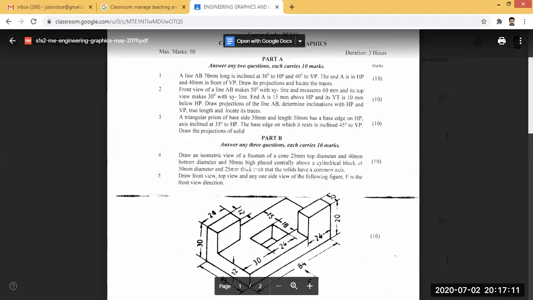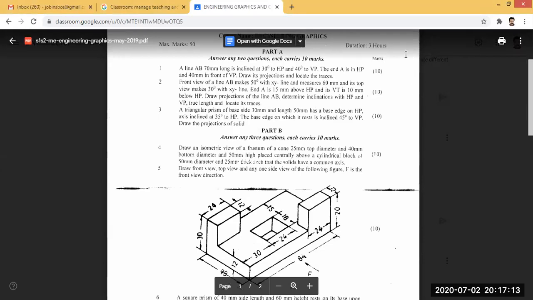Then the next question, that is question number 4. You have to create this object, cone 25 mm top diameter and 40 mm bottom diameter, frustum of a cone. You can see frustum of a cone placed centrally above a cylindrical block of 50 mm diameter and 25 mm thick, such that the solids have common axis. That means you can see there is a